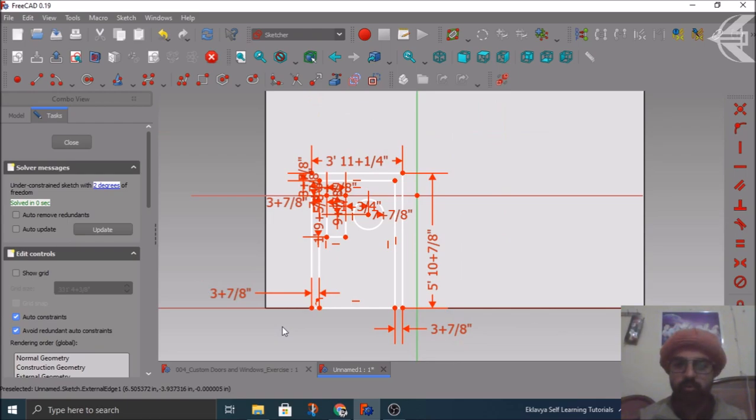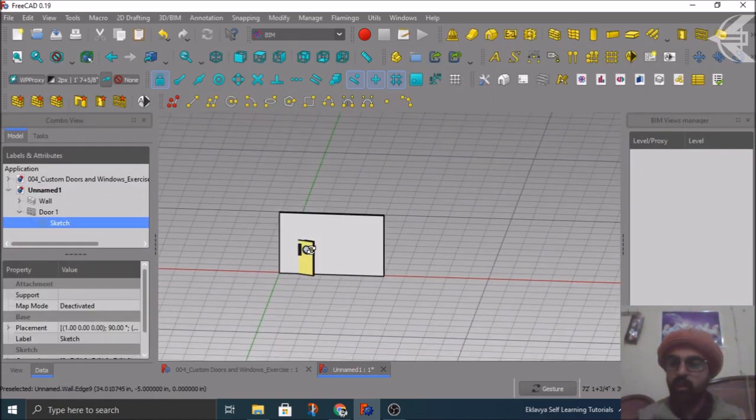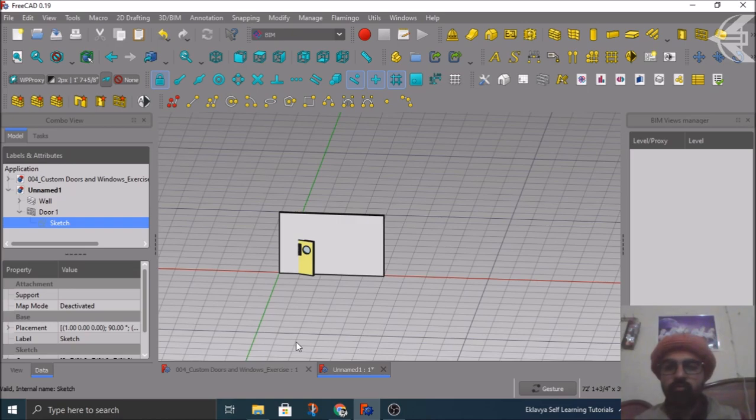I'll tell you why I'm doing this and why this thing was helpful for copying the objects also. So this is basically a checklist that you need to follow and a type of trick also. Now you can close this. Now you have your object placed on the particular desire. Now the last step that you need to do is we need to subtract this particular door from the wall.